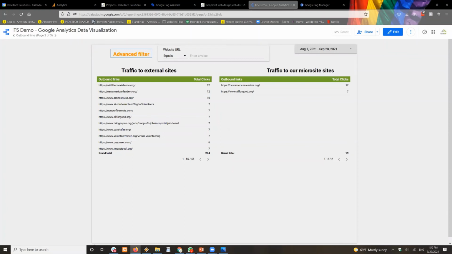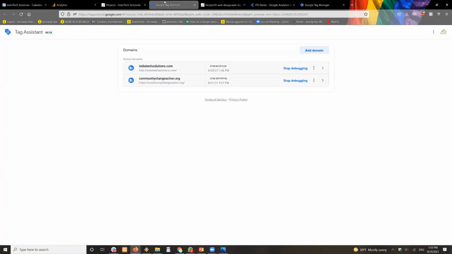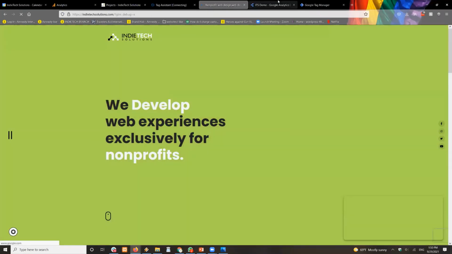Okay, another question: when you add tag manager triggers to download PDFs, will it track all the PDF downloads, or is it possible to track a specific one? Yes. You can specify which ones. If you want to only track one PDF, you can do just one, or you can do several, as I did here. I will get a debug in here for a second.